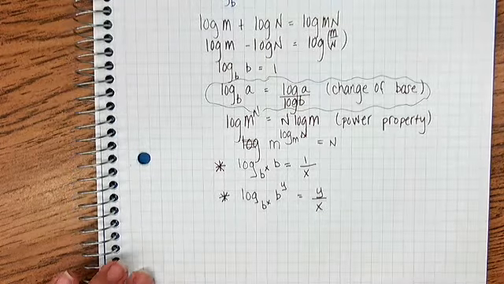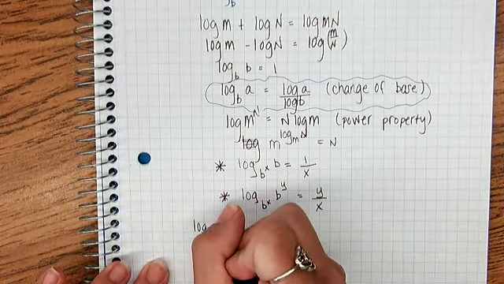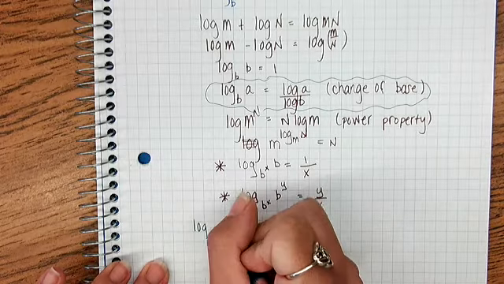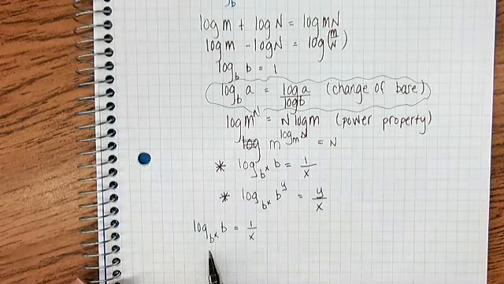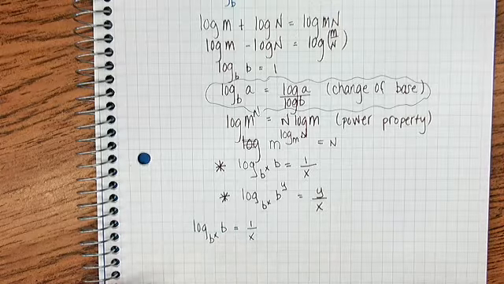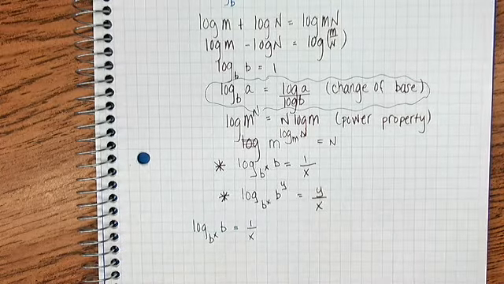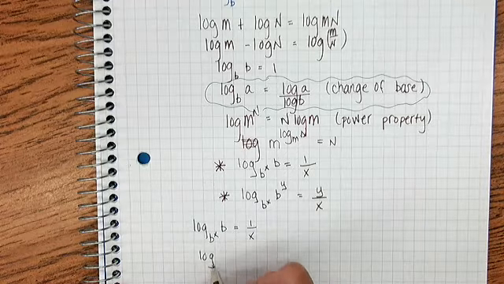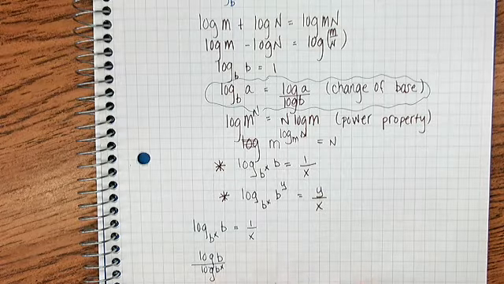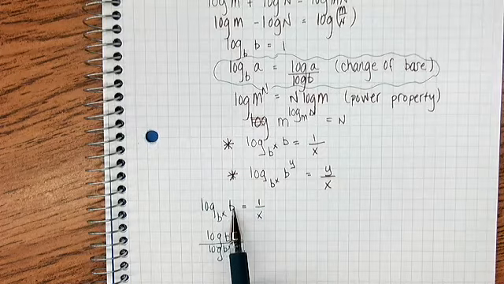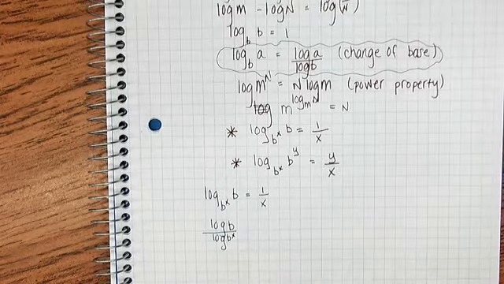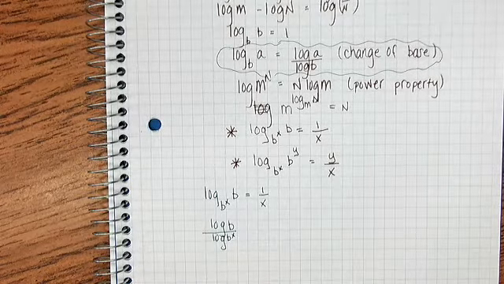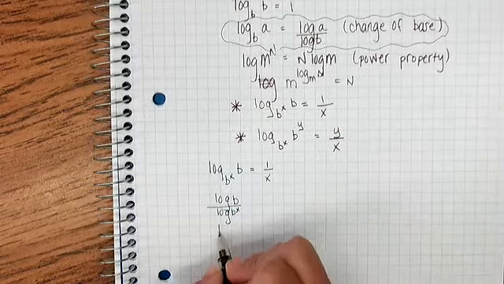I'm going to start with the log base B to the X power of B equals 1 over X. The base is B to the X, the argument is B. Okay, so using change of base, this becomes the log of B over the log of B to the X. Change of base formula: the log of the argument B over the log of the base B to the X. Okay, use the power property, probably the second most useful of all the properties. This becomes the log of B